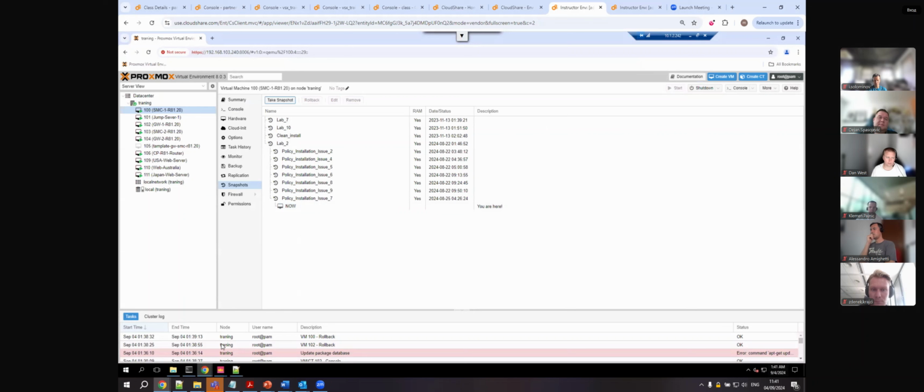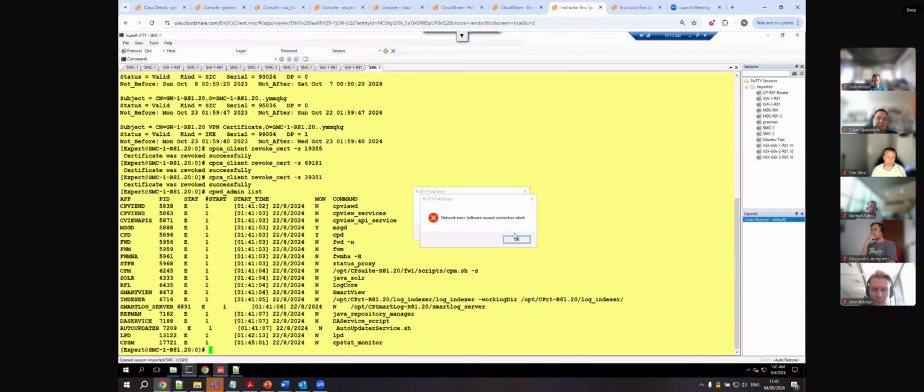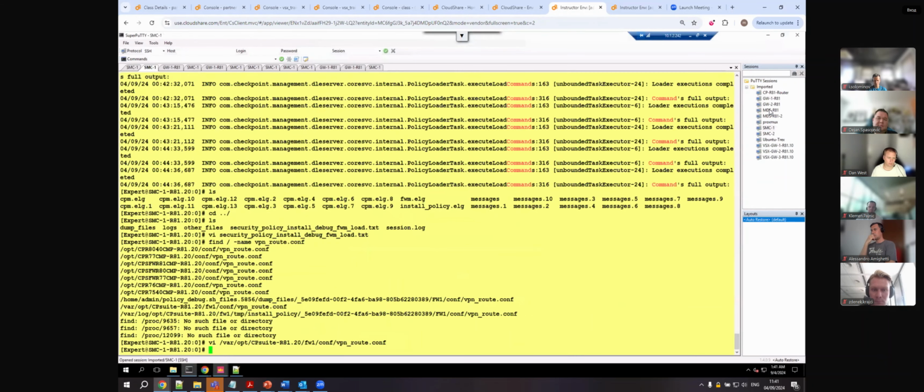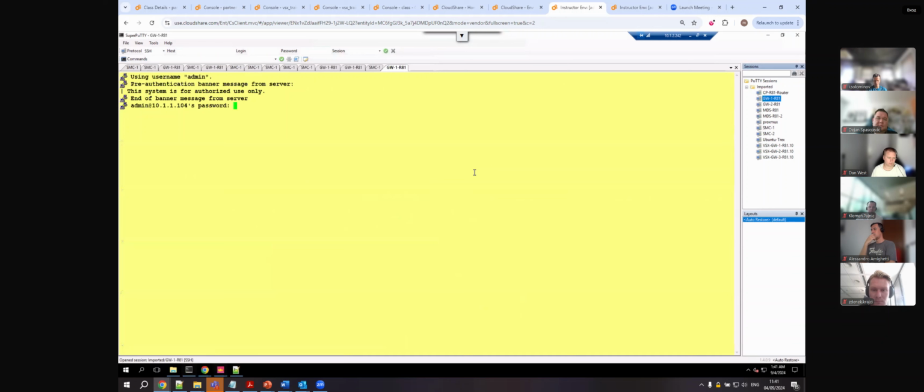Okay, so that's our issue. So the issue is potentially on the gateway. As we saw before, when we get an error code, usually it's on the gateway side. And sometimes you will see that the error code